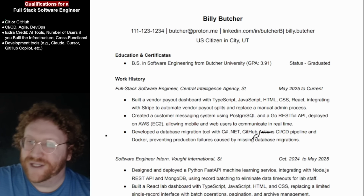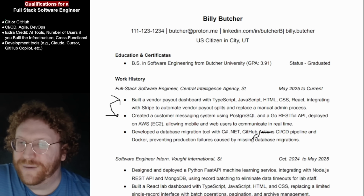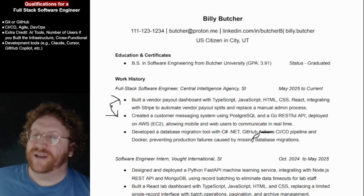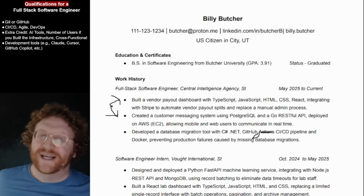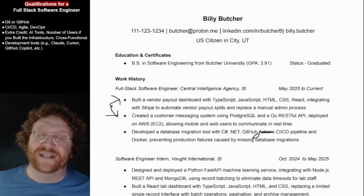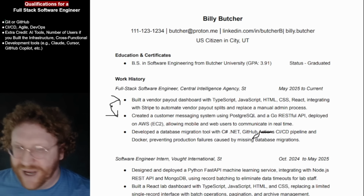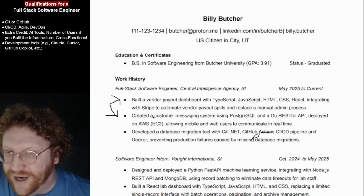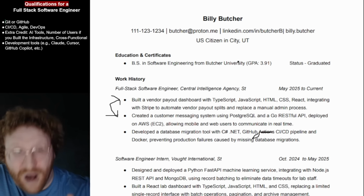Then what I would do is I would switch around React and AWS in this. AWS is critical. It should be built a vendor payment dashboard with TypeScript, JavaScript, HTML, CSS in an AWS environment to integrate with Stripe to automate. The rest of the sentence is good. And then down here, we can do created a customer messaging system using PostgreSQL, comma,